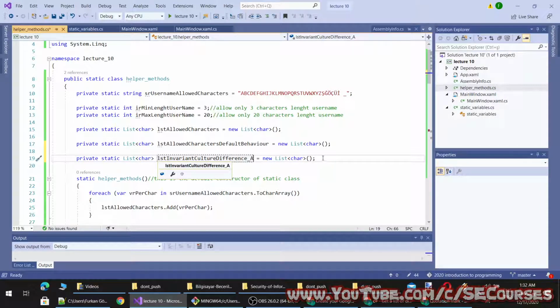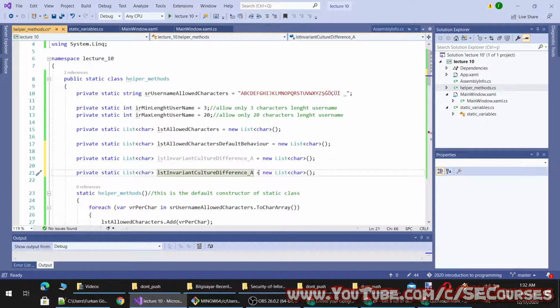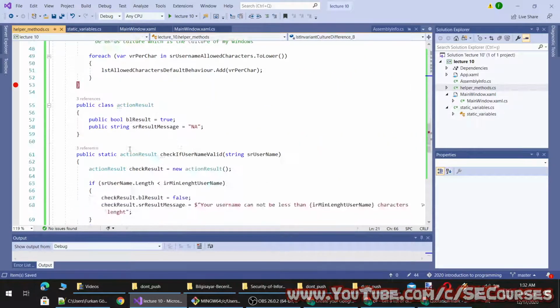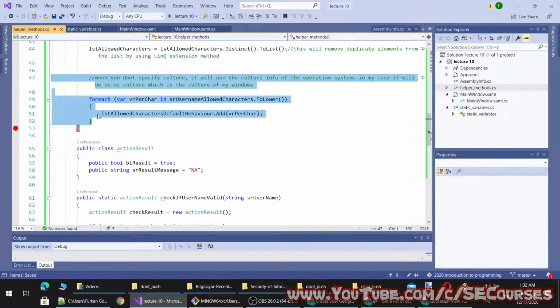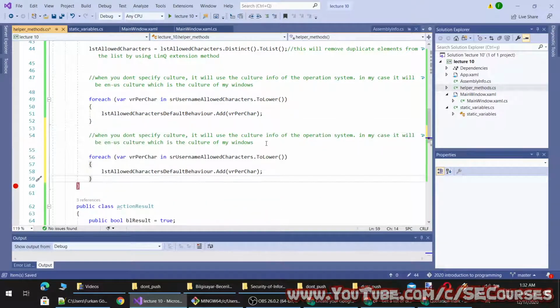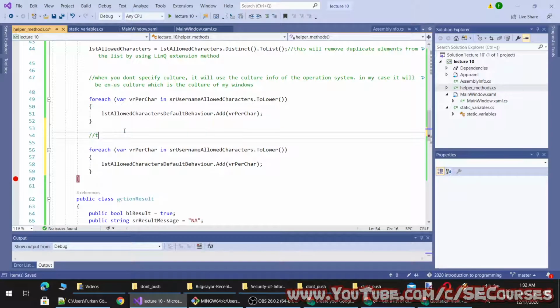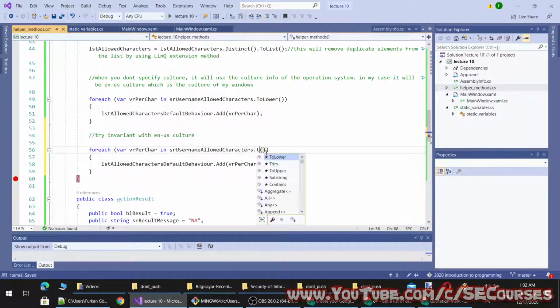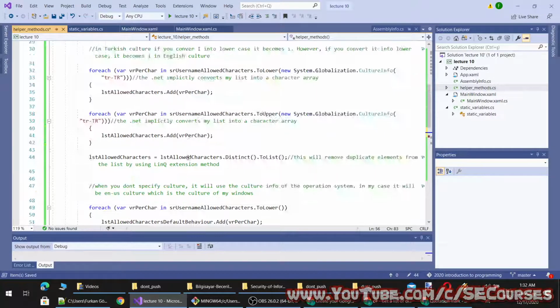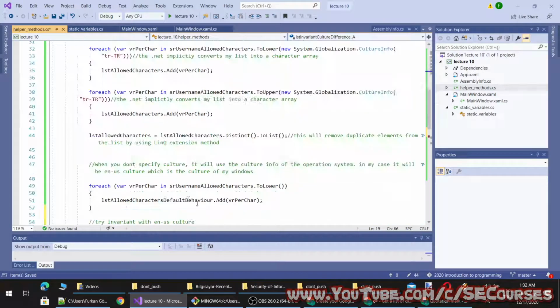I will make two different cases, A and B. So try invariant with English culture, to lower invariant.